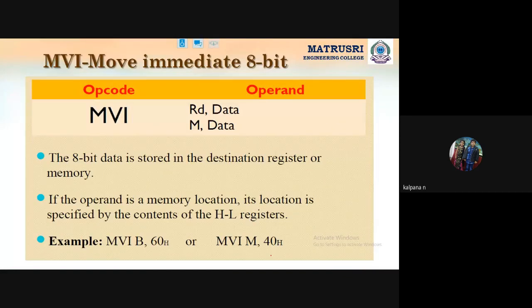Next, MVI. MVI stands for move immediate. What is the difference between MOV and MVI? In MOV, data is represented with the help of registers or memory locations, whereas in MVI, move immediate 8-bit, the data is directly represented in the instruction. The example syntax is MVI Rd, meaning destination register, comma